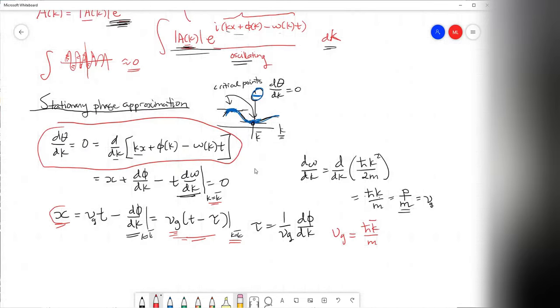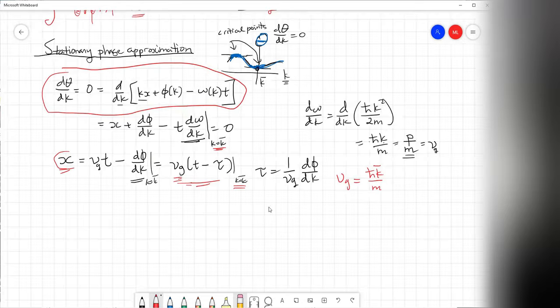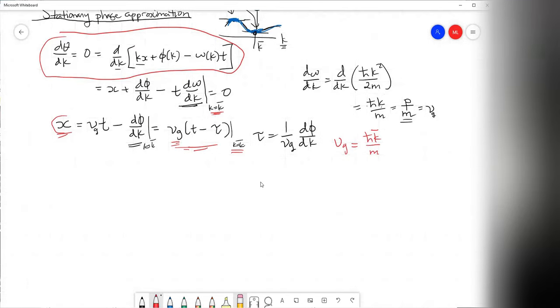So far, in principle, we can find such a k bar where this is 0. And now we can stick this back into here. And what happens there? What you want to do is expand the exponential around that k bar. So you expand theta of k around the stationary value k bar. And what do you get? Well, you get